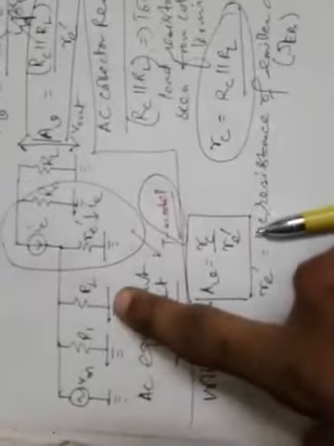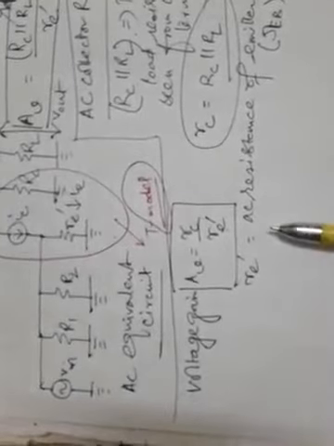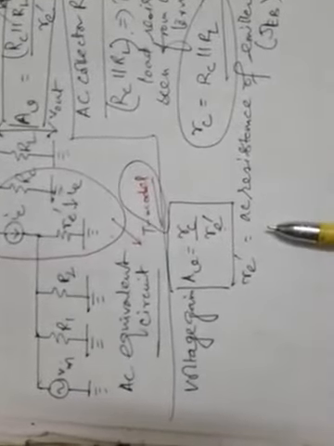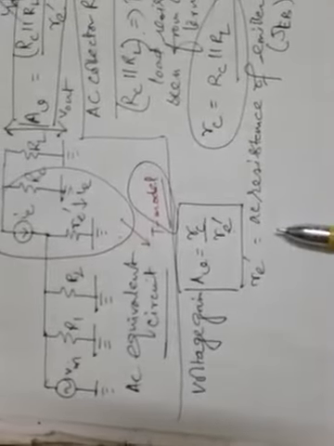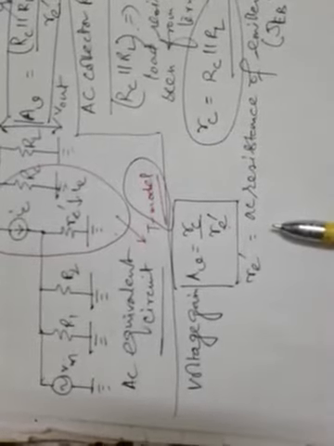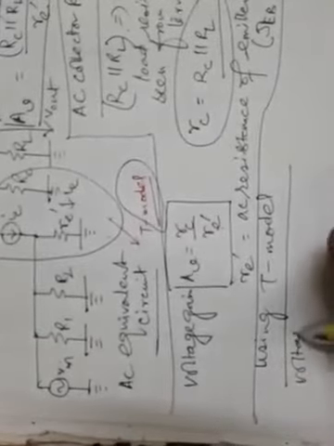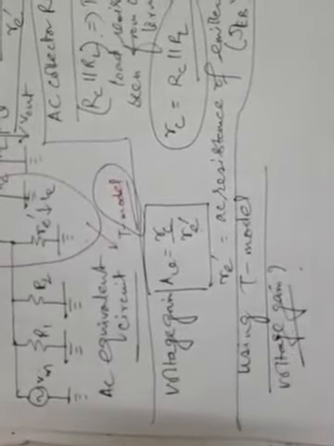So this is the representation of the T model. I have already shown to you here, and it shows the AC equivalent circuit using the T model of transistor amplifier. The input voltage Vin appears across re dashed, that is the AC resistance of emitter diode or base emitter junction, JEB, and with Ohm's law we can once again write. So using the T model, what is going to be derived? The voltage gain. So let us first write the equation using Ohm's law. Vin equal to IE re dashed.